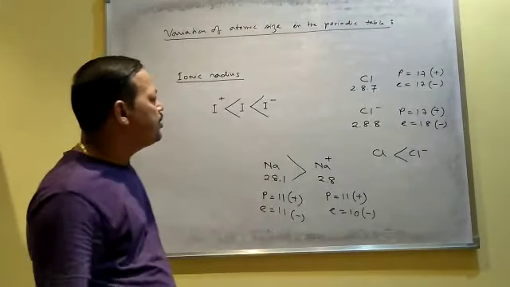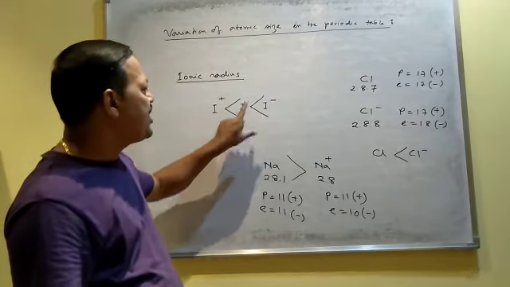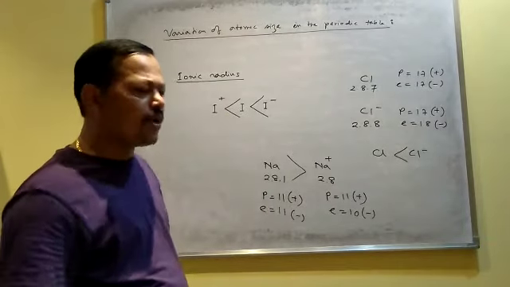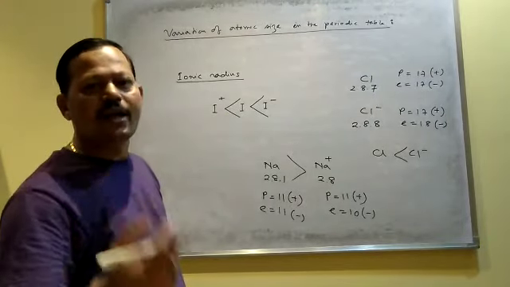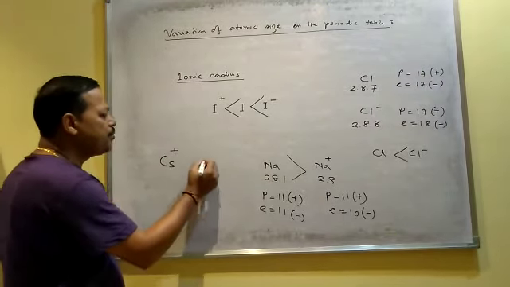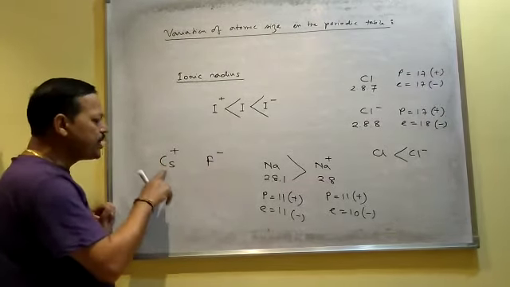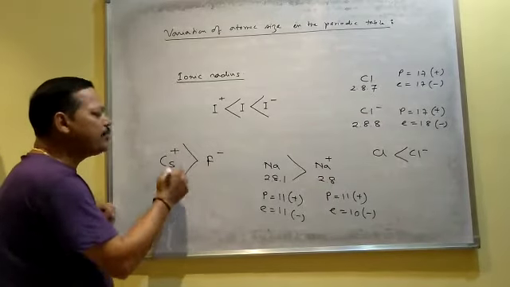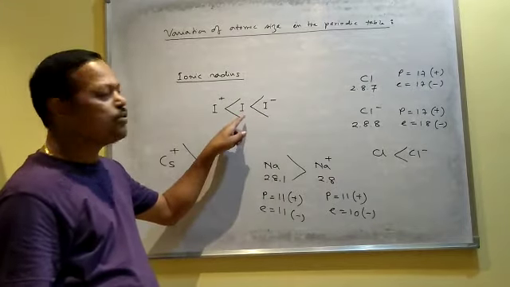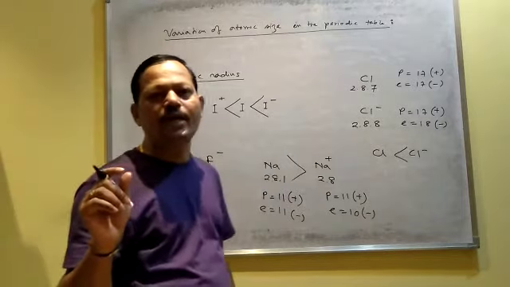So always remember, anions are always larger than their neutral atom, than their cation for the same atom. But for a different atom, maybe the cation is larger and the anion may be smaller. If you consider cesium ion, its atomic number is very high. And if you consider fluoride ion, F minus, its atomic number is less. It is the anion, it is the cation. But due to more number of shells here, the cation may be larger. But for a similar atom, if the atoms are the same, then the anion is larger than the neutral, than the cation one. So this is the process of how to determine the size of the ions.